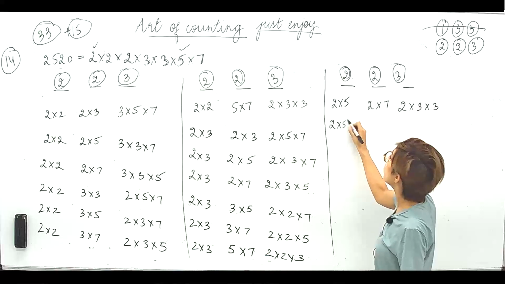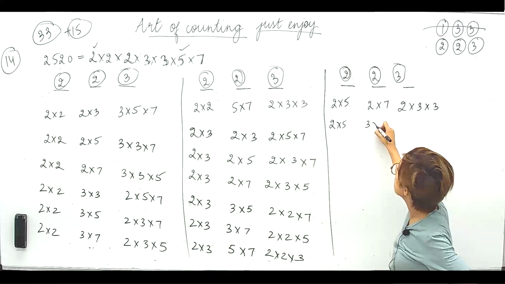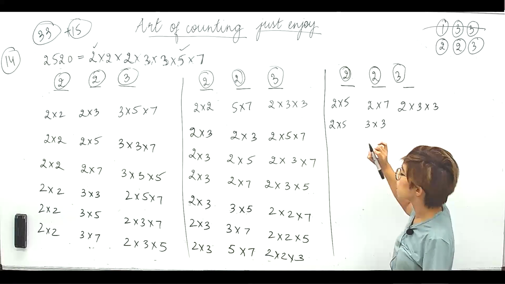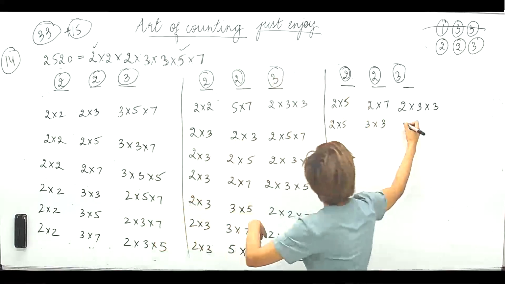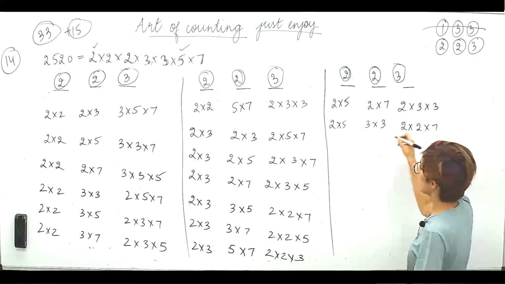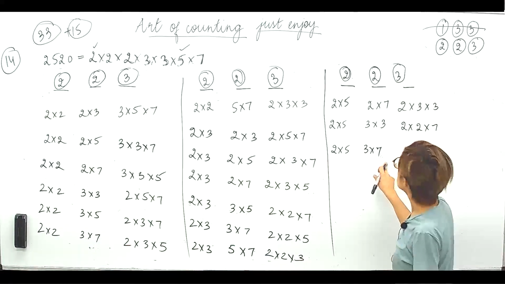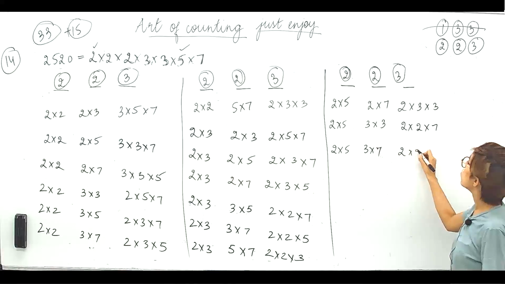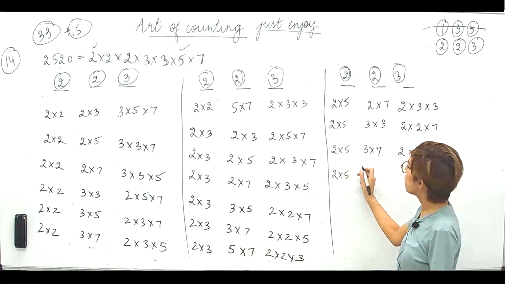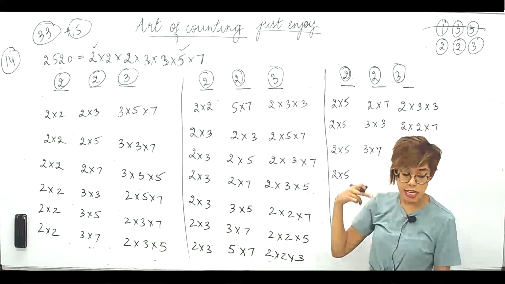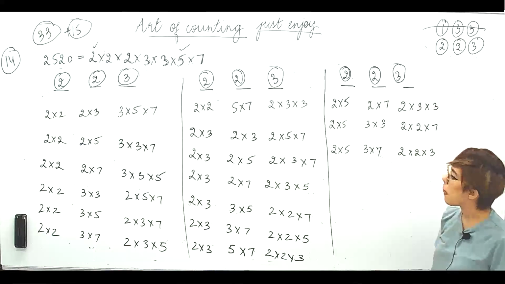So in 2 into 5, let's go for 3 now. So 3 into 3. Can I take that? Yeah. 3 into 2 I won't take, 3 into 3 we can take. So I took 2 into 5, 3 into 3. So 2 into 7 again. 2 into 2 into 7. So 2 into 5. So 3 into 5 is not possible, 3 into 7. So that means I'm left with 2 into 2 into 3. 3 ones are done. So let's move on to 2 into 5. Here the 7 ones will come, but that will be repeating cases. So I will not write that. Right?